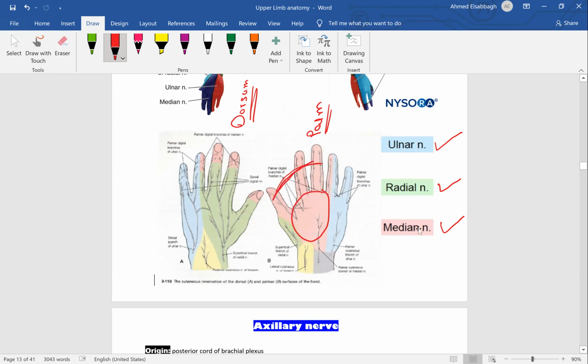So median supplies lateral 2/3 of palm of hand and lateral 3.5 fingers on palmar surface of hand. On the other side, this is an area and the fingers are a separate area. Radial nerve supplies the lateral 2/3 of dorsum of hand and the lateral 3.5 fingers on the dorsum of the hand. Excellent. The ulnar nerve, which is the blue part, supplies the blue colored areas, which are